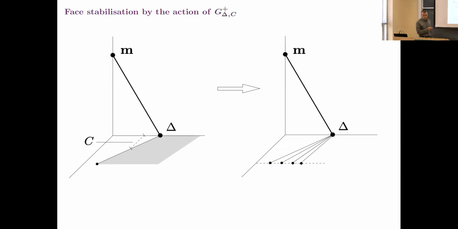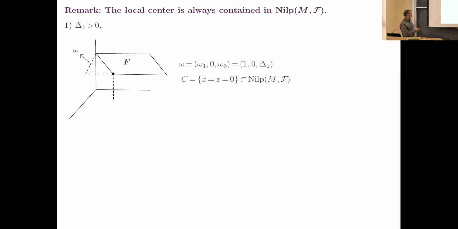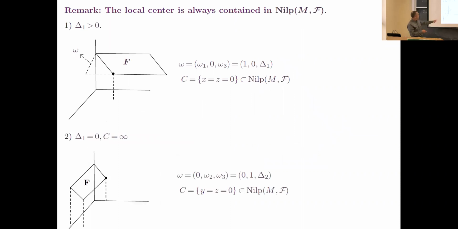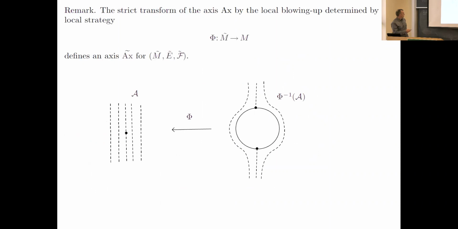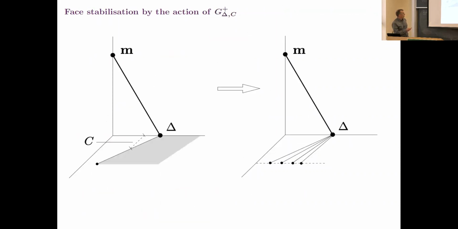Okay, and if it's a formal curve which is inside the nilpotent locus, it should be analytic. So by which I mean that you are in this situation that I showed you. This is one of the limit situations, and it corresponds to the case where the center for blowing up is given by the axis. Okay, so I'm going to conclude by giving some words about the